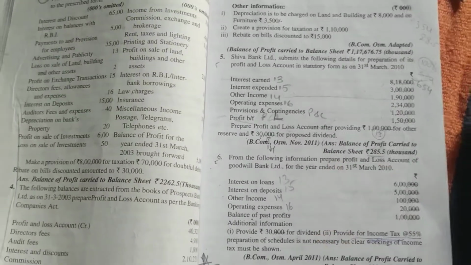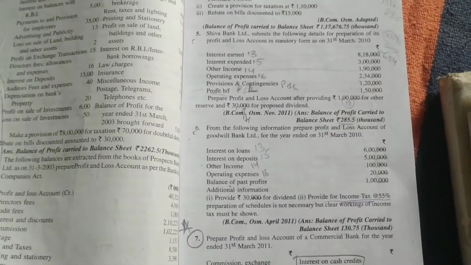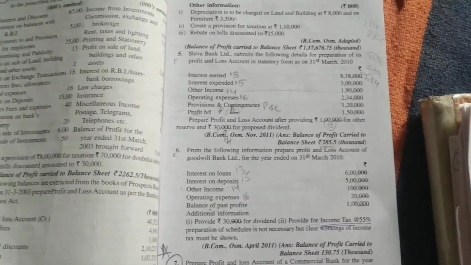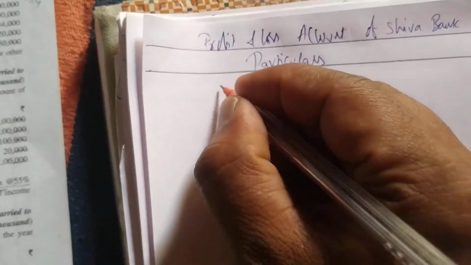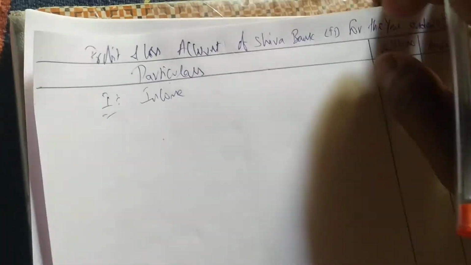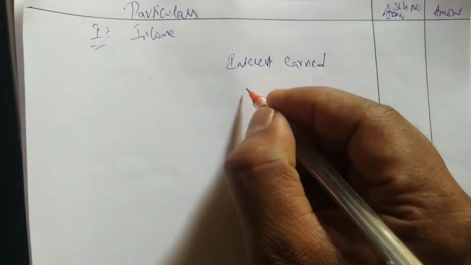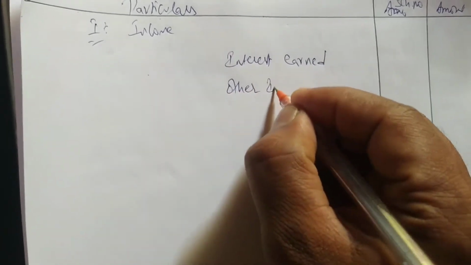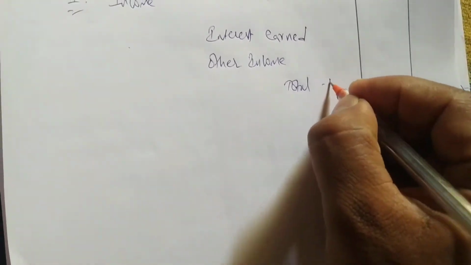Okay, so we have to write the complete format first. So it's very easy, it is given direct. So when we prepare the format, we'll be able to understand what to write where. Okay, so it's very easy. So first I'm writing the entire format. So Roman number 1, we are writing first what? Income. Okay, in income first we have to write what? Interest earned. Next we write other income. So we write total, writing total 1.